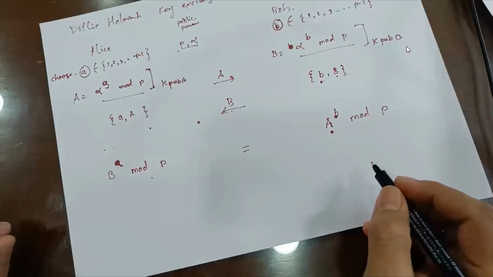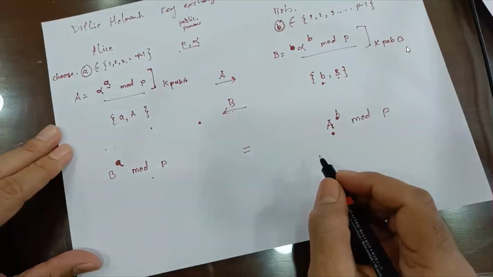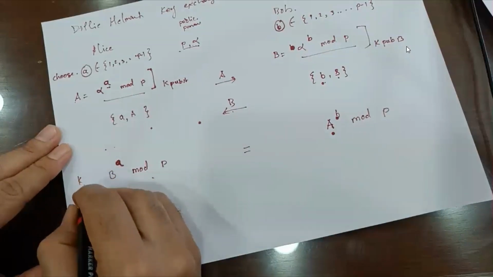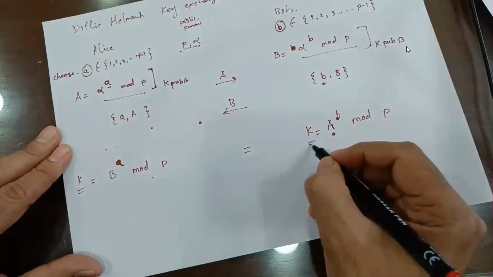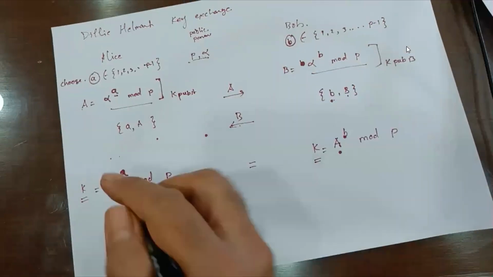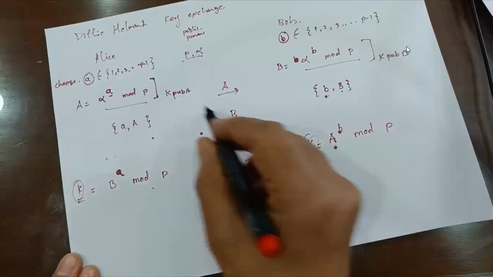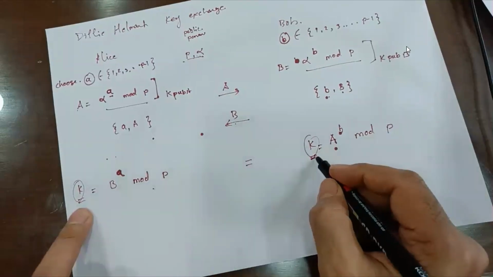Both are the same. Both of them are same. Okay. So what you are getting here is, let us say, a key which is the same. So this key you can use it for AES, DES, or whatever it is. It's a private key which you are not exchanging. Actually you did not send K in this transaction. But you are generating K at your own end, and directly you are using this K